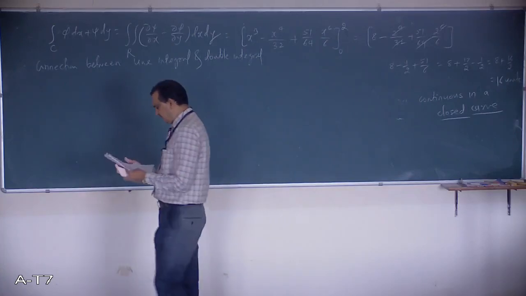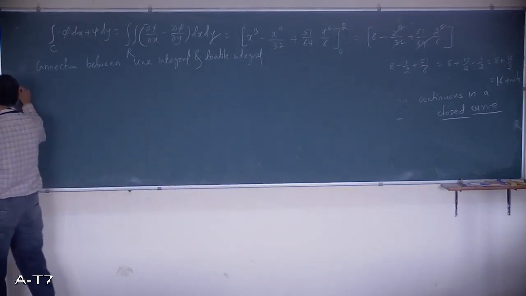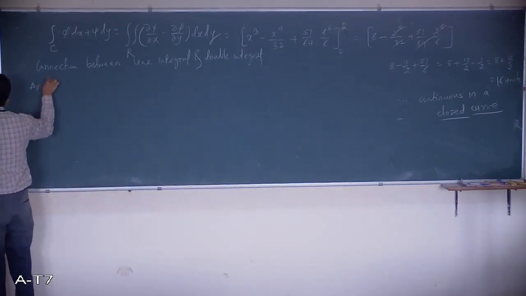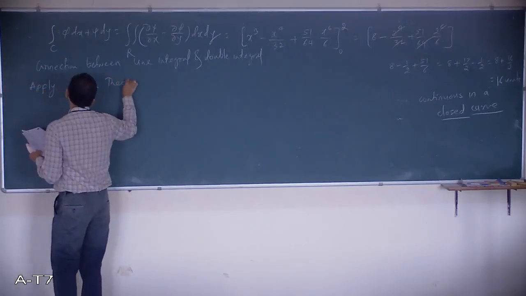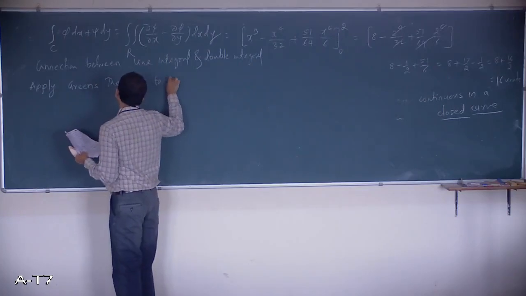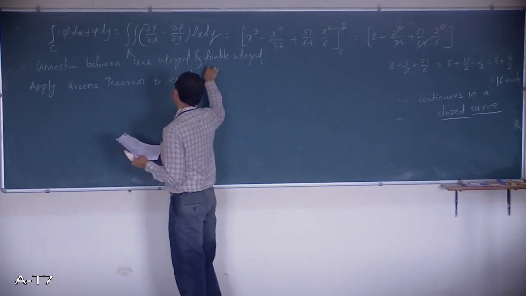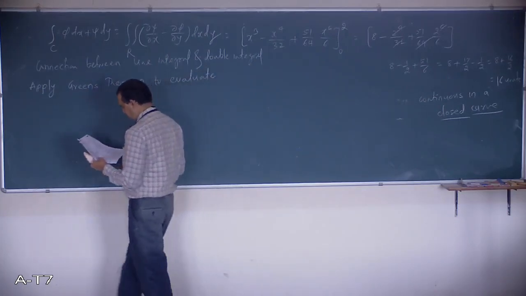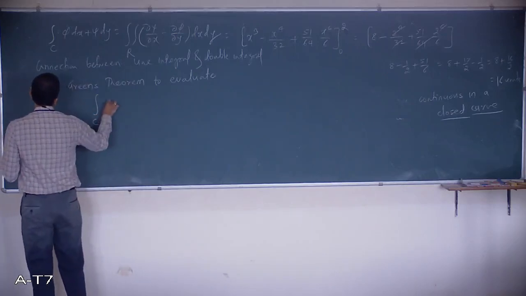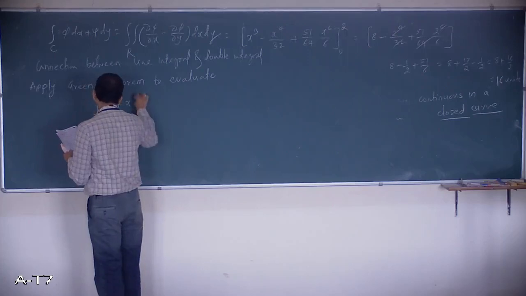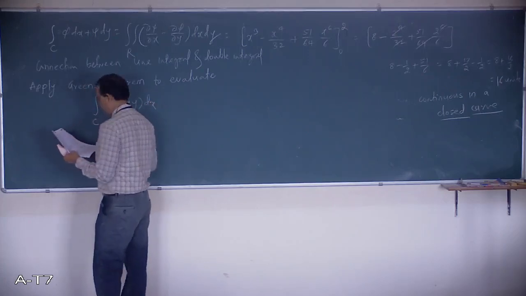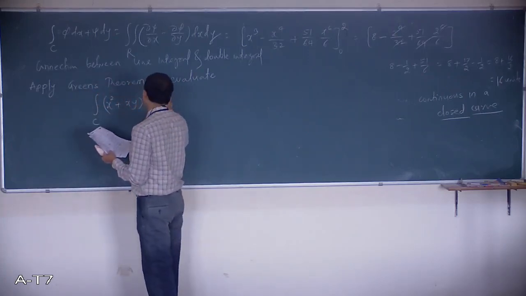So let us apply this Green's theorem to evaluate something. Apply Green's theorem to evaluate. So we are not finding both sides. We are only finding one side, the RHS. Evaluate the integral of x square plus xy dx plus x square plus y square dy,